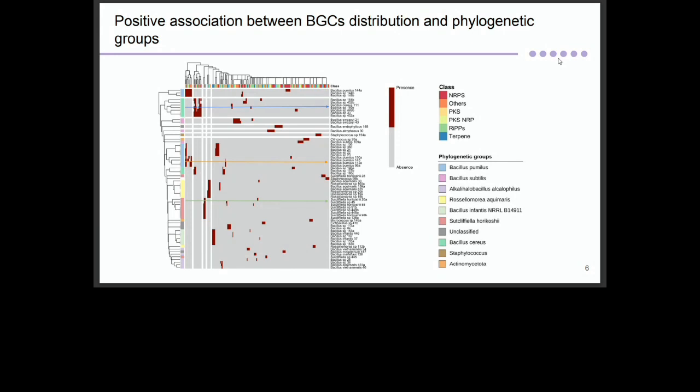So what does that show us? For example, I can't point, sorry, but on the top, we are seeing like a blue square, and they have only those biosynthetic gene clusters. So there are some things that are really unique to those species. And we are looking at antagonism.